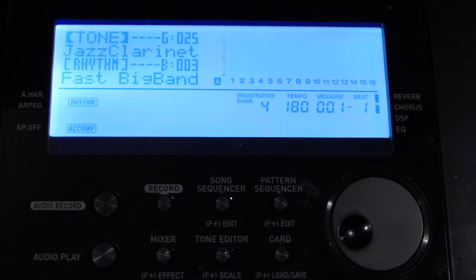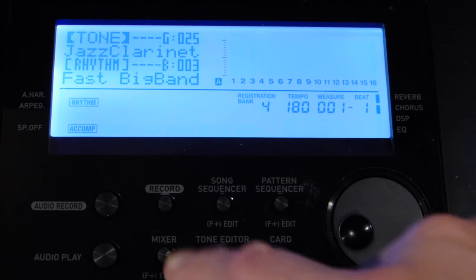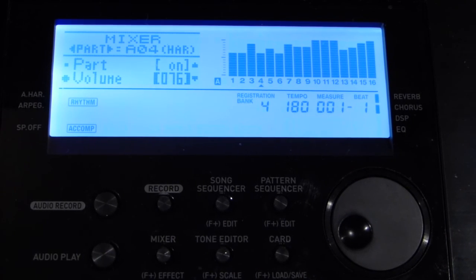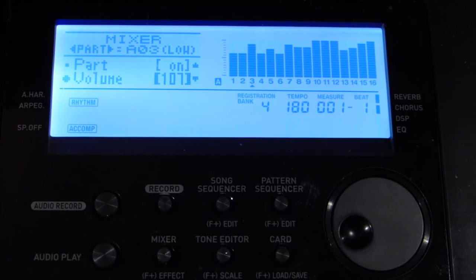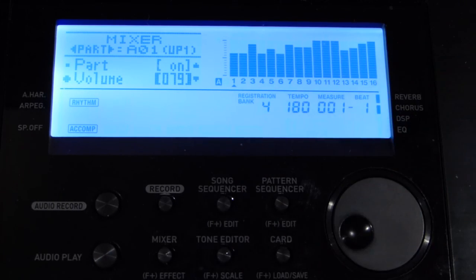And that is one of the most confusing parts of this mixer, is you set levels for your... I'm going to turn the mixer back on. We've set levels for our harmonize, our left hand, our layer, and our clarinet, our main voice. 1, 2, 3, 4. We set all those levels differently, and I balanced those out. It takes a little bit of time to set the volumes and